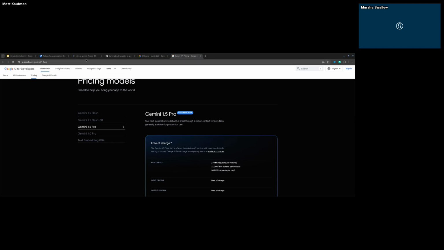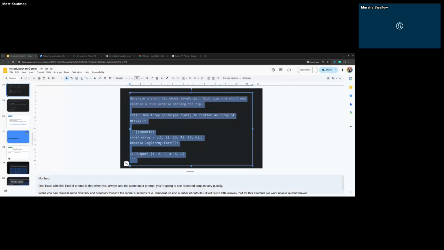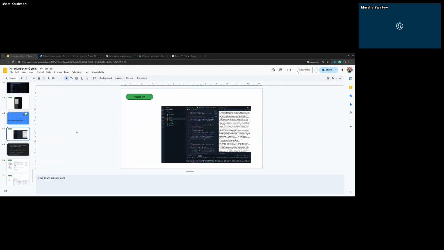Okay, so what I'm going to do is jump back here, and for the demo, we're going to be using all web-based. See if I can get there. Here we go. So we're going to be using a tool called Project IDX. If you're not familiar with Project IDX, it's a web-based IDE. So it's a web-based code editor provided by Google, and you can get to it by just going to